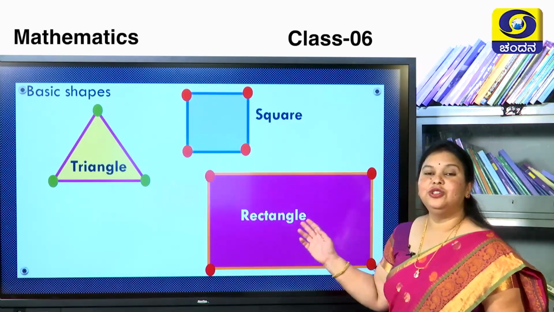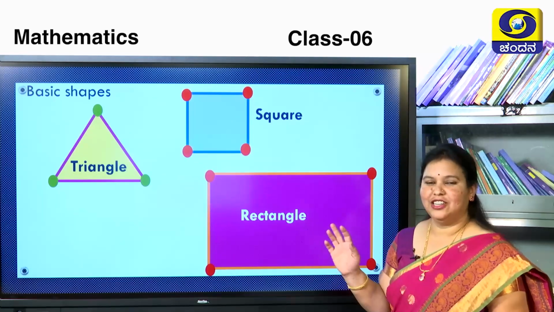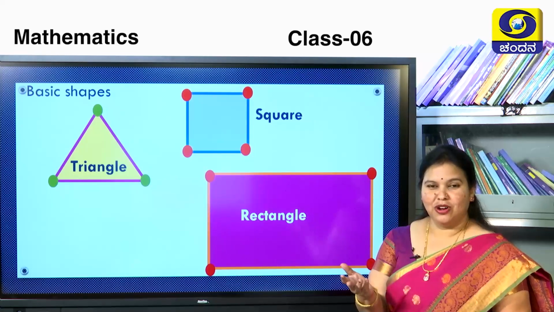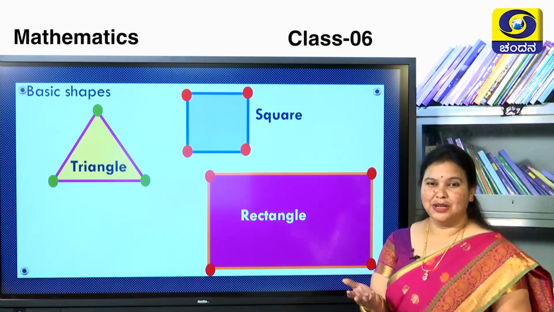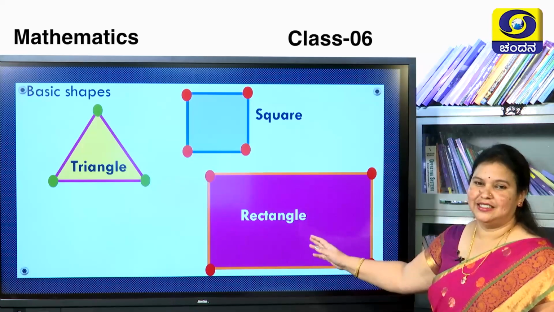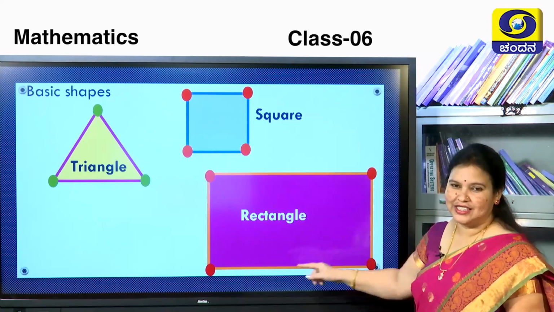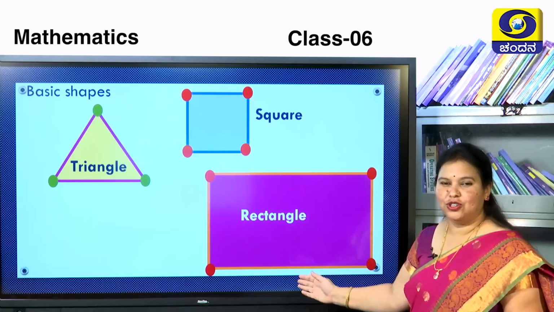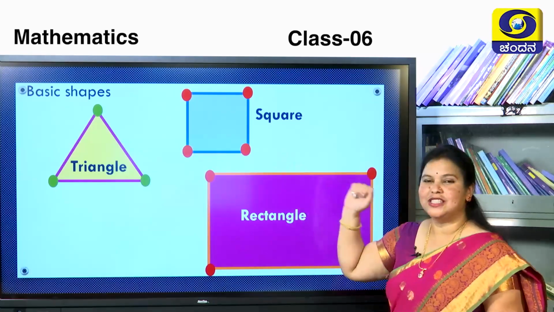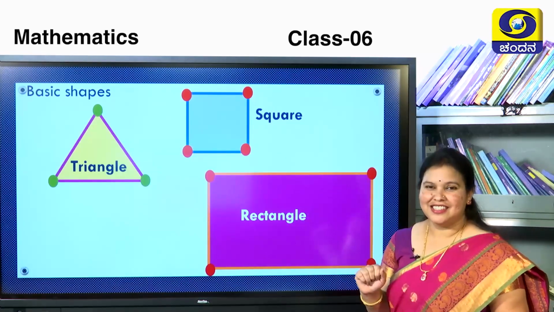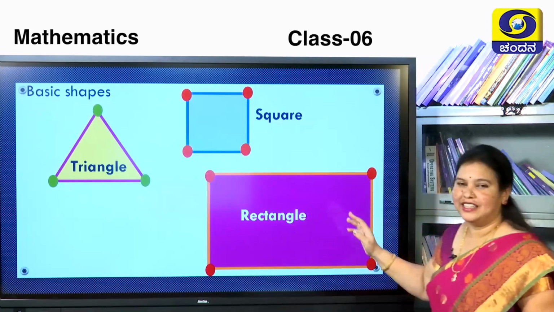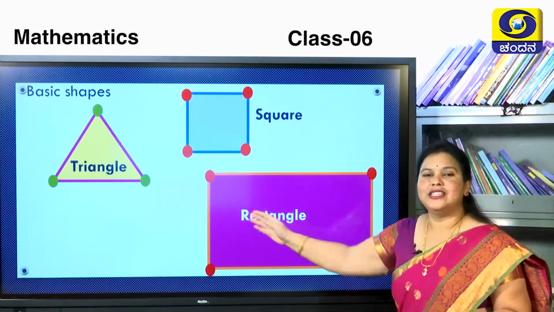This shape you would see in our daily life very commonly. For example, blackboard, duster, your instrument box, brick and shape of the bus and so on. So what is this? It's a rectangle. And since it has 4 vertices and 4 sides and 4 corners, we call it as rectangle. Then what is the difference between square and rectangle? Yes, correct. In square, all the sides are equal. But in rectangle, only opposite sides are equal.